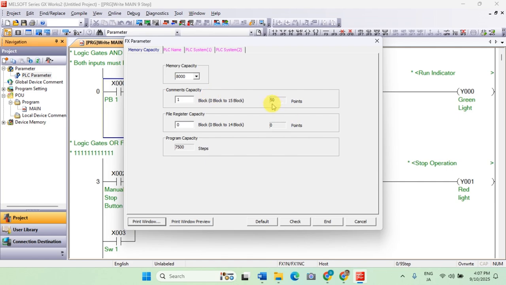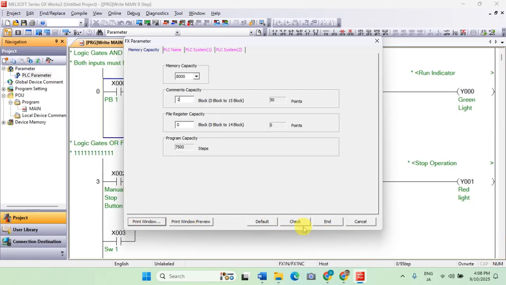So this means that we can add up to 50 comments for our entire program. So the problem is, if we try to add more comment, look at the program capacity. It will decrease to give way to the comments capacity. So if you have a very long program, I think you need to prioritize on the program capacity. So again, if you put 1, it is equivalent to 50 device comment.